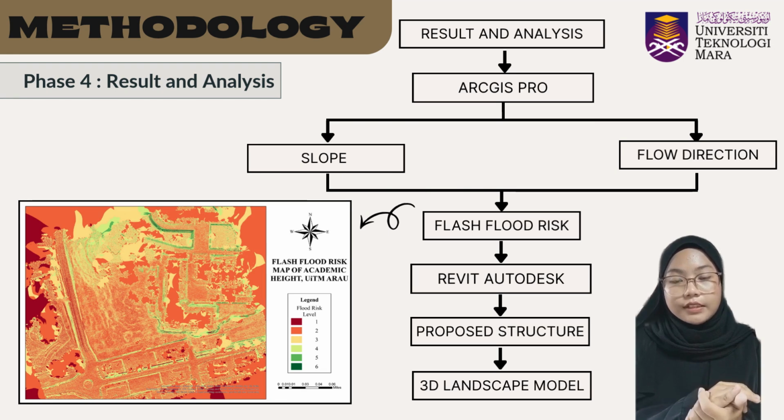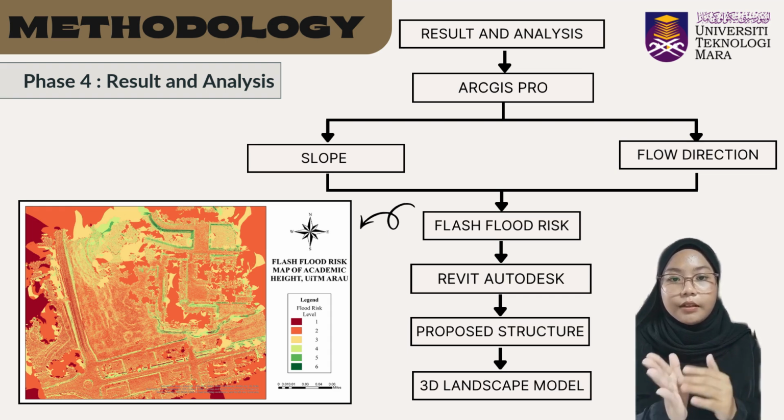Flash flood risk is classified into 6 levels, ranging from level 1, which is very high risk, to level 6, which is very low risk. The study area is mainly dominated by level 2 and level 3 zones, indicating low to moderate flood susceptibility. The high risk zones, which are level 1, are concentrated near depressions and drainage accumulation areas. Low risk zones, which are level 4 to 6, are generally found in drainage corridors and elevated areas with